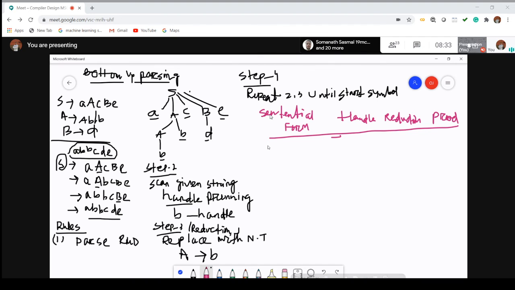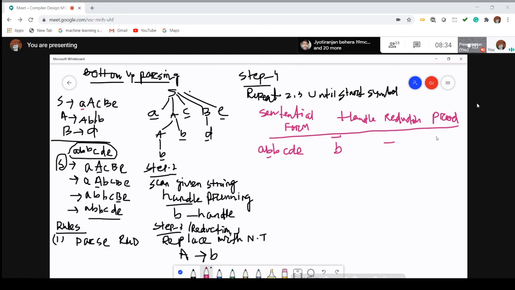In the sentential form, only the input symbols are present. What is the input here? A, B, B, C, D, E, the input string which is to be parsed. Initially we start from left to right. We move from left to right in step number 2 to find the handle. A is already there in the start symbol. Now what is the handle here? B is the handle. Why is A not the handle? There is no production. A is already present in the start symbol, it is starting from small a. You can check like this. So it will remain the same. So B is the handle now. If B is the handle, there will be no reduction in this phase.